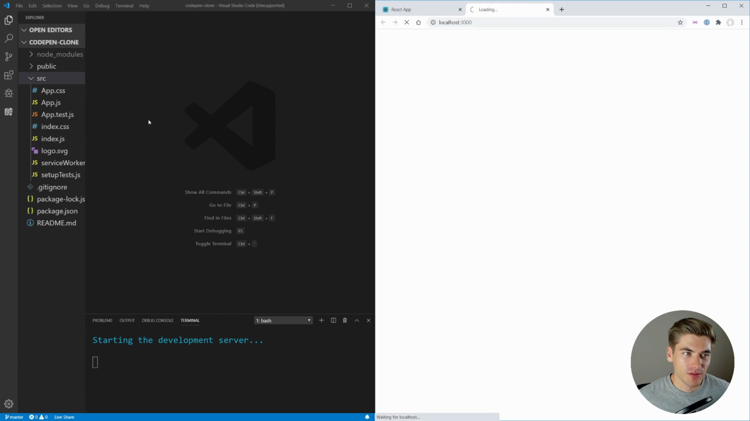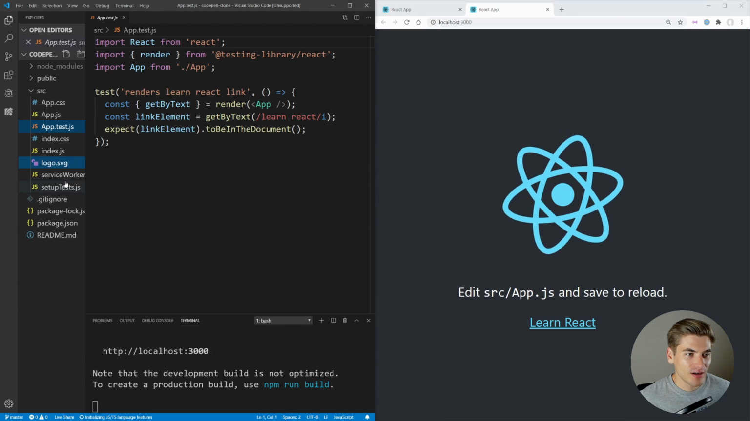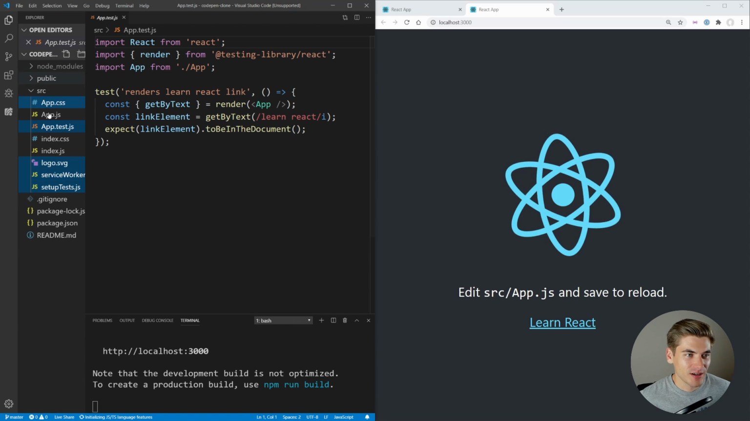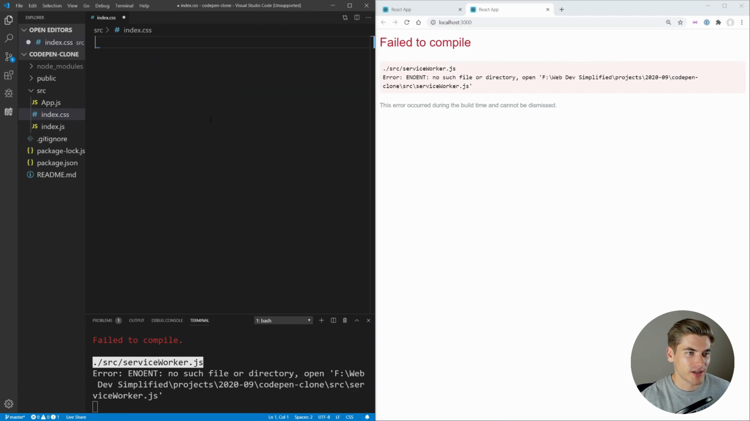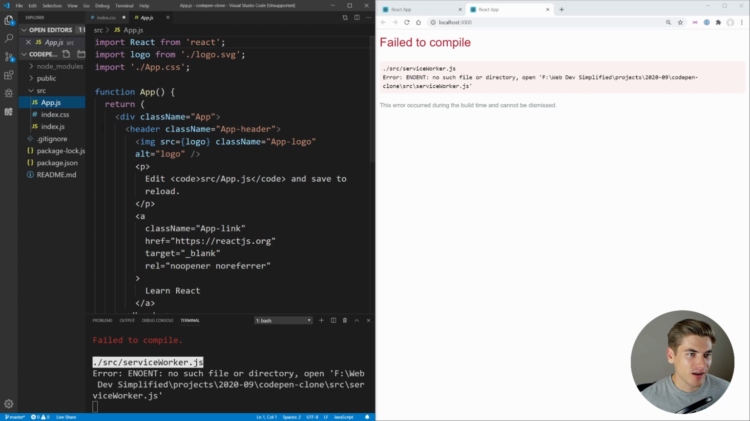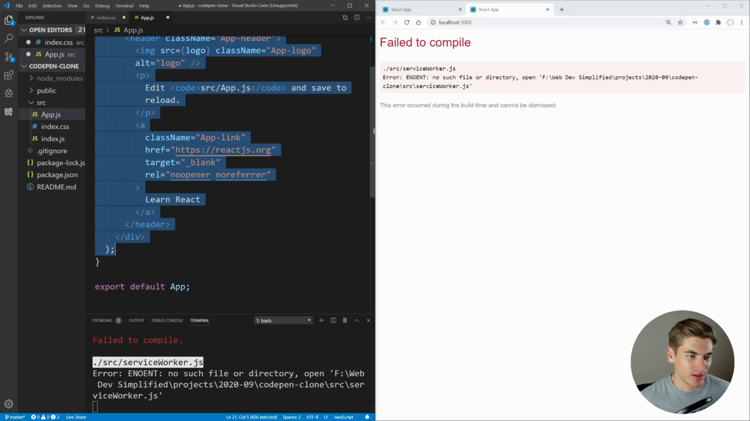But we don't need all of this boilerplate code, for example, all these CSS and test files. So we're just going to remove all of those. So let's get rid of these test files, logo, service worker, setup test, and this app CSS. We can just delete all those, get rid of all of the styles inside of index.css. And in this app, we just get rid of this CSS file, this SVG file, and let's here just return